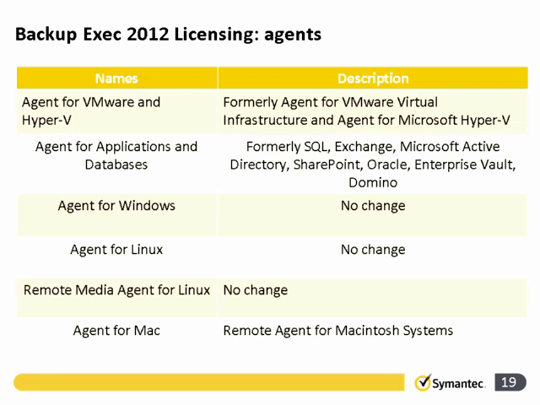You also have a remote media agent for Linux. This is an agent that was introduced some time ago that allows the Linux server to do its own backups to its own destinations. So if I have a Linux server that has a tape drive attached to it, I can put the remote media agent for Linux on that Linux server and tell Backup Exec to tell that Linux box to do its own backups to its own tape drive, and all I'm doing with the Windows side is